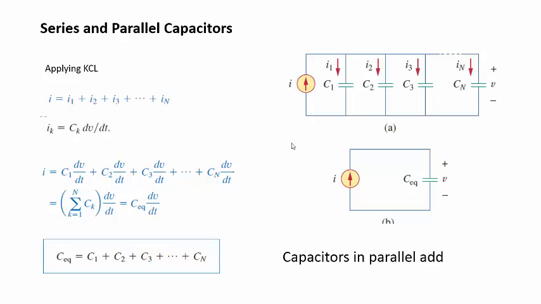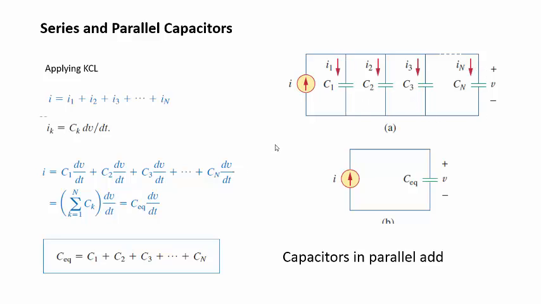To analyze this, we apply KCL. Kirchhoff's current law applies regardless of whatever devices you put in the circuit. So Kirchhoff's laws and Ohm's law are true forevermore. So if I apply KCL, I have source current divided amongst all the parallel legs, I1, I2, I3, IN through